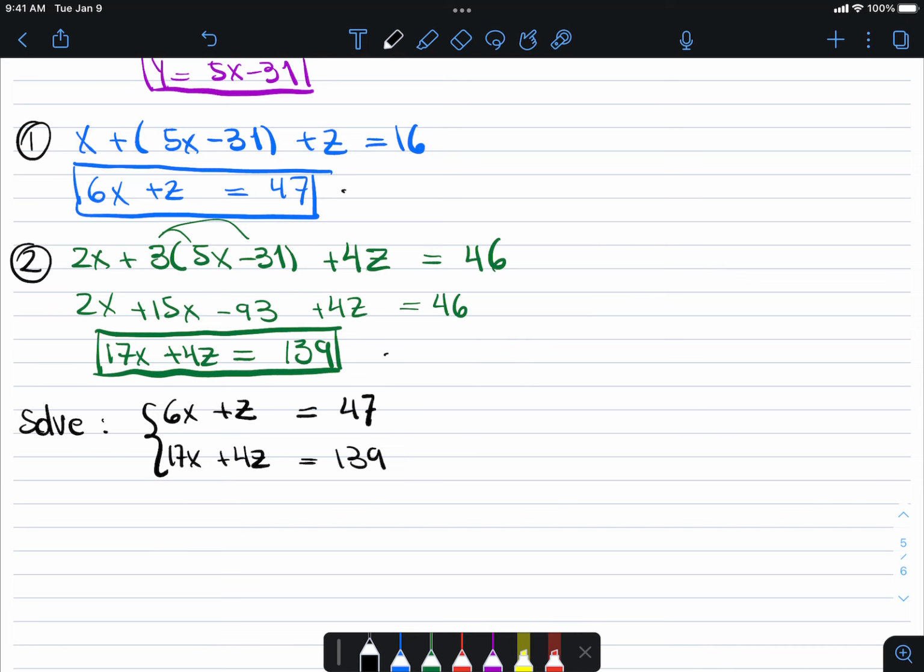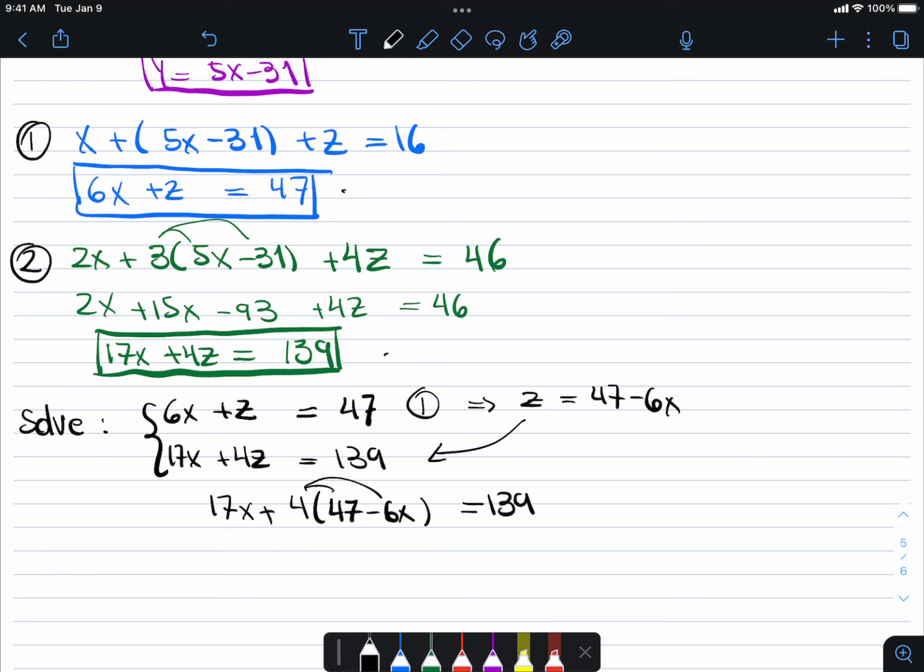Renaming this equation 1, I can see that z is 47 minus 6x. I substitute back into equation number 2. So 17x plus 4 times, and instead of writing z, I write 47 minus 6x, and that equals 139. Distributive property,